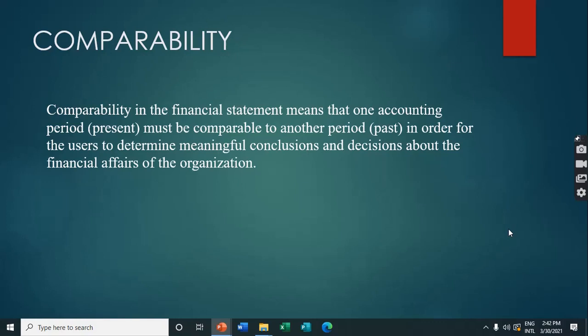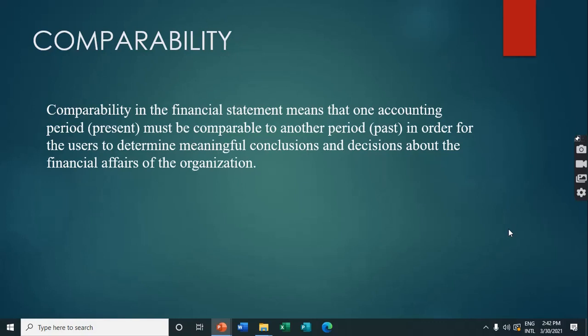Ayan, intra-comparability and the inter-comparability. So, when we say intra-comparability, we are comparing our own financial statement with our FS of a different year. So, for example, i-compare mo yung financial statement mo ng 2019 sa 2020. Pwedeng compare mo yung 2020 sa 2021. So, that is the